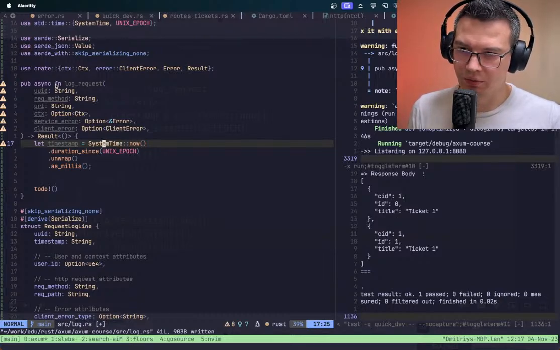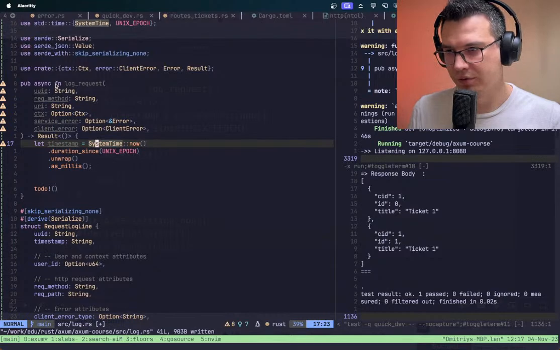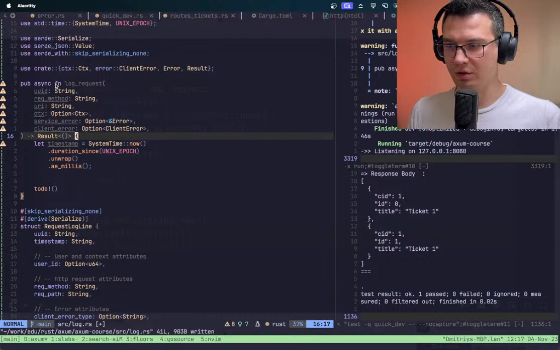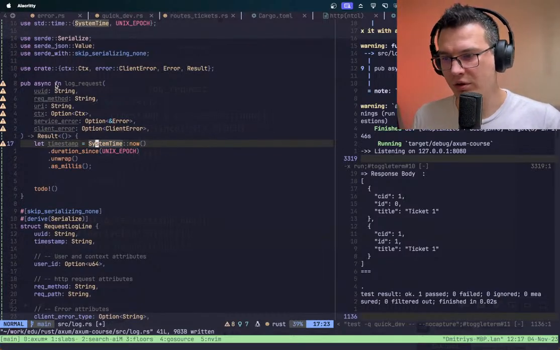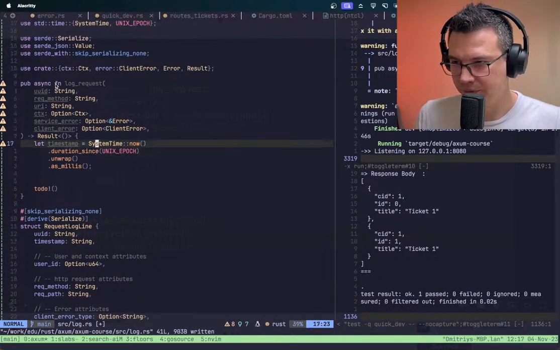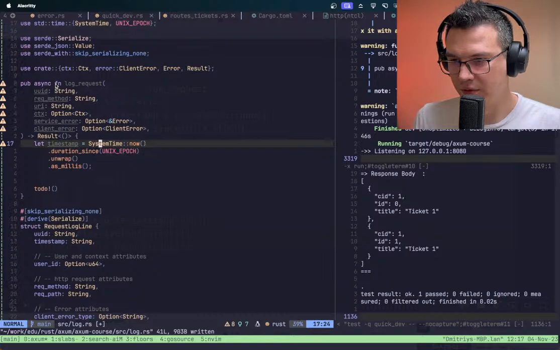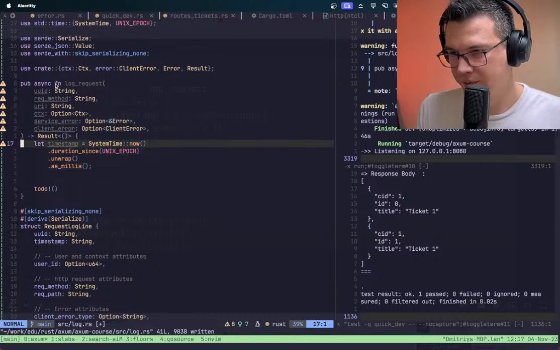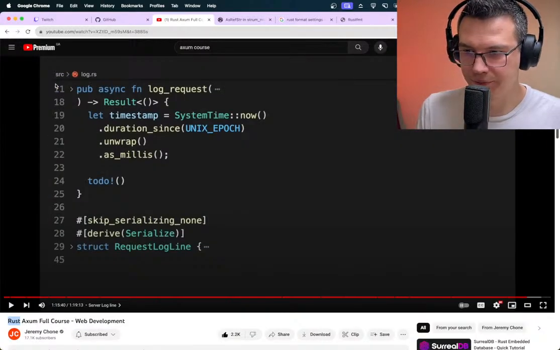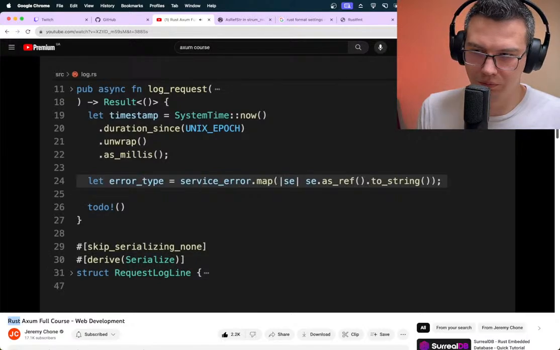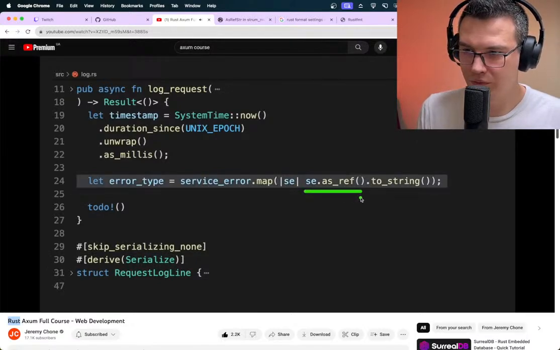Yeah, another thing about this course, I feel I'm getting familiar with some tools like the std standard library, which allow you to do things like this, to get timestamp, to get system time, duration things. This is nice. You probably want a UTC ISO 8601. And then we're going to have our error type, which we are going to map from the service error. That would return